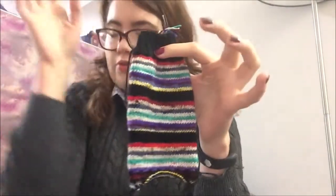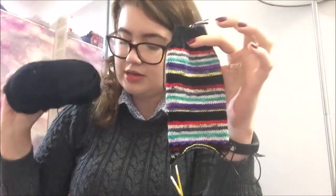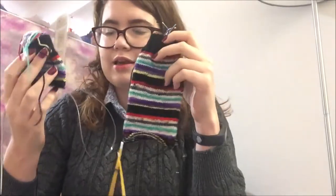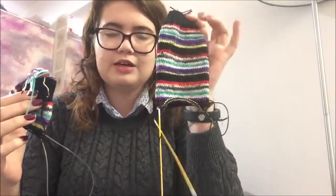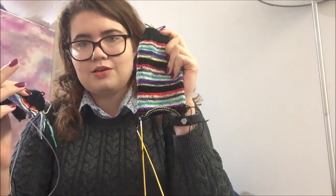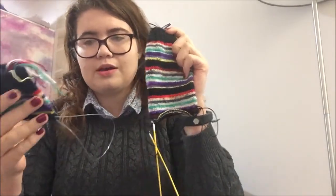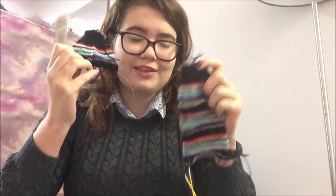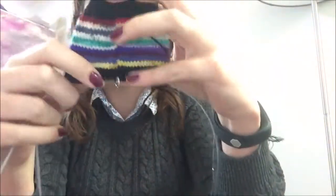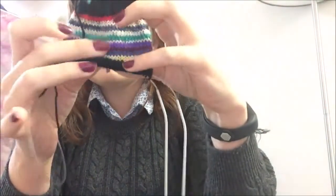I am using for the black a West Yorkshire Spinners in black. I'll hold this one up, so I am doing them sort of concurrently, but I had to get myself up to date before episode 4, but I haven't quite got up to date on this one yet, but I will show you here. So I am doing 2,